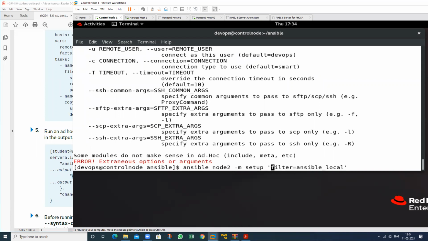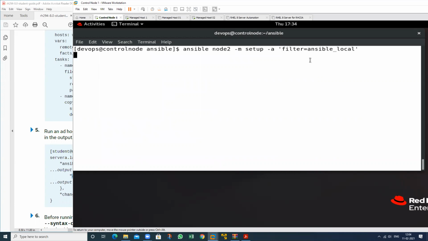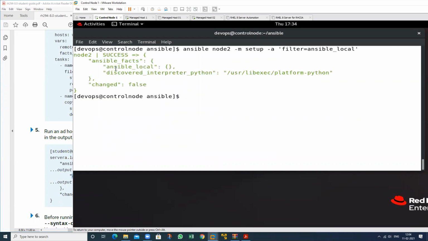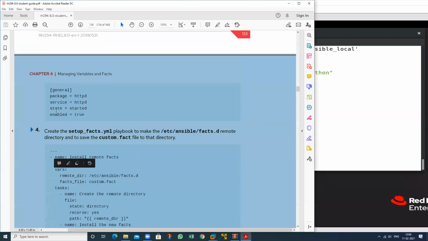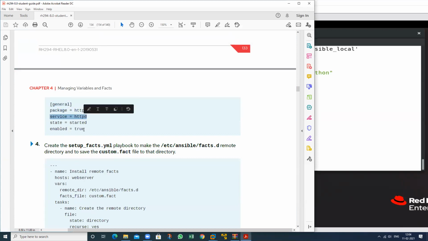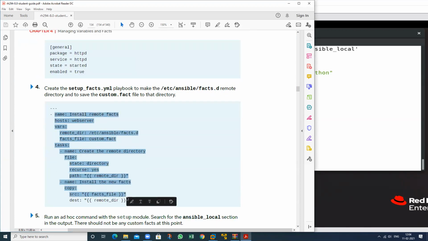I have placed just -a. A means argument. So there is no custom fact, no local fact like the general packages, because these are only created when we run this particular file.